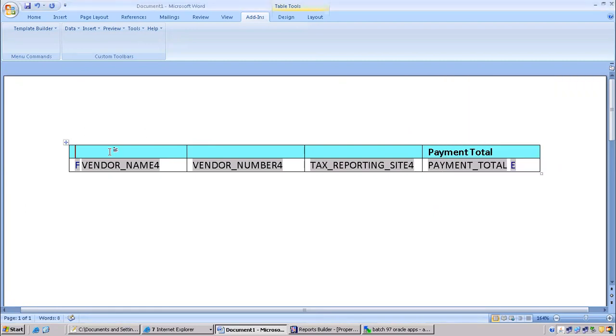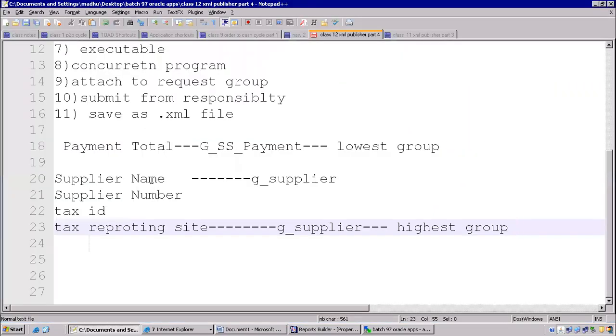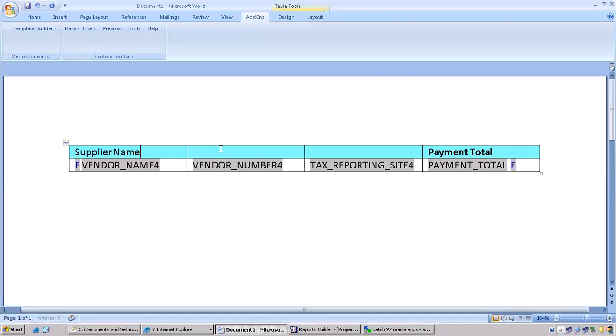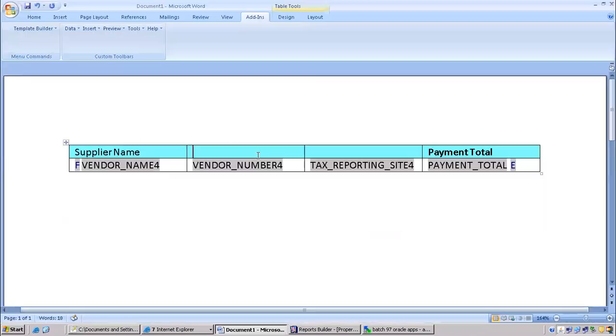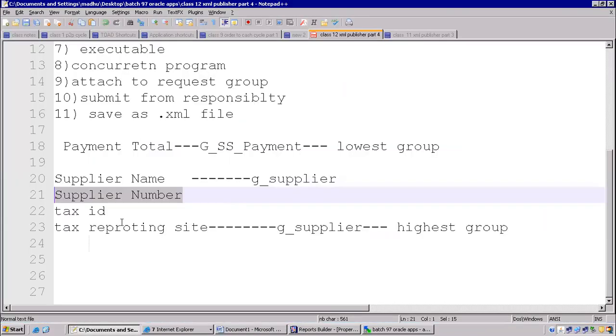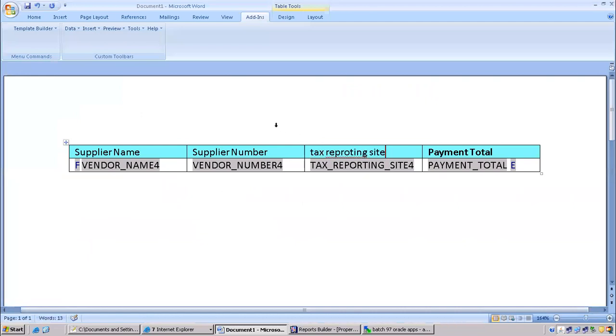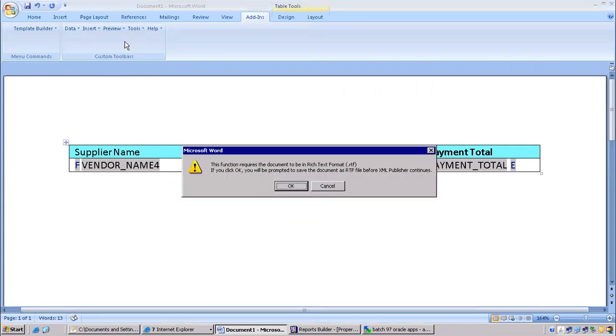We need to keep the titles here. These are all the titles. We are redesigning the layout. We are not following the standard text format. The reason is we have multiple options here. We can export into multi-language and we can preview output into various other languages. If it is RDF, it is only text format. So now if you preview this output,